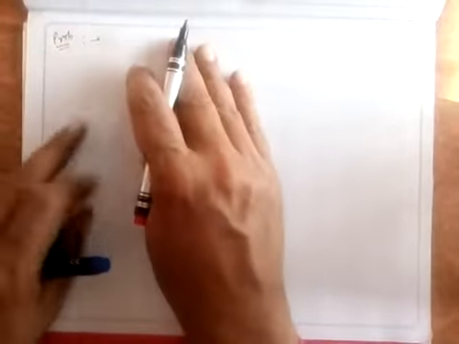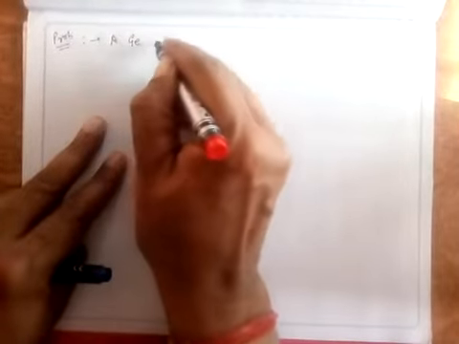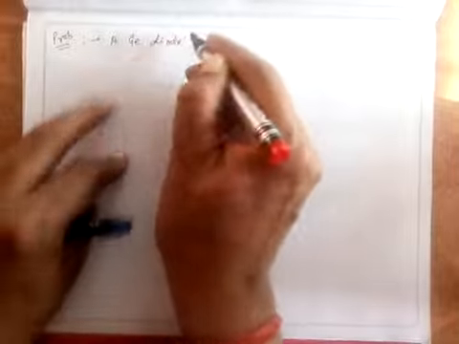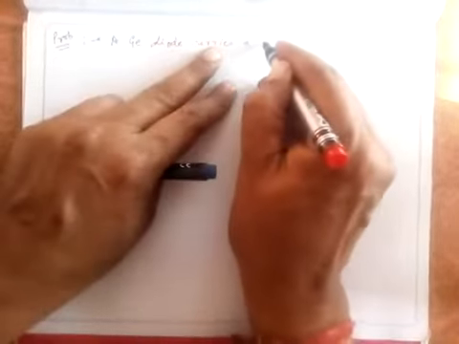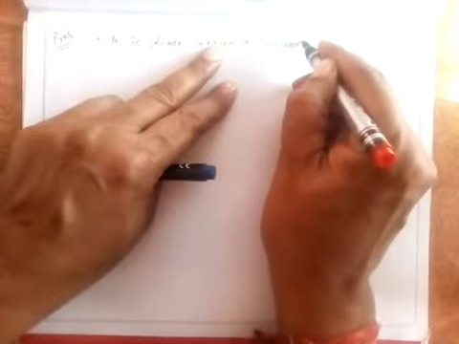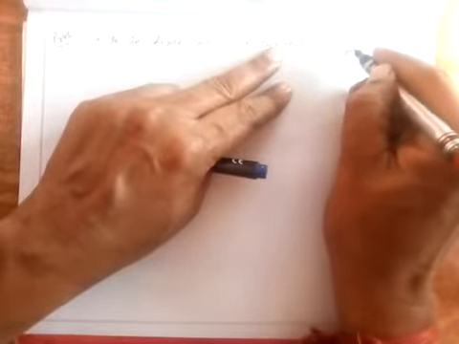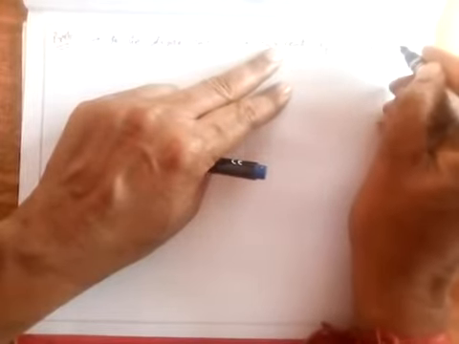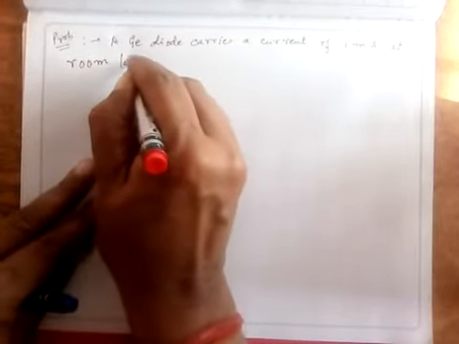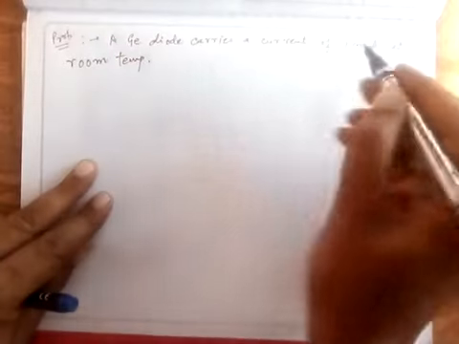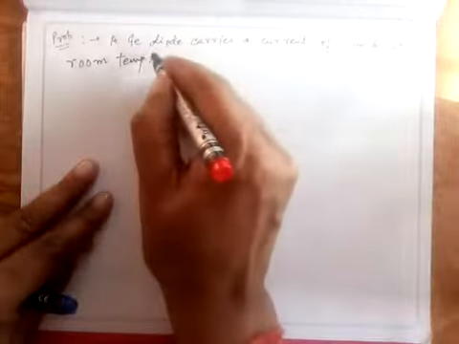The problem says that a germanium diode carries a current of 1 milliampere at room temperature,